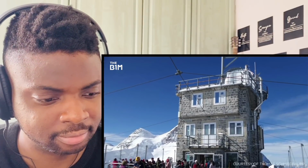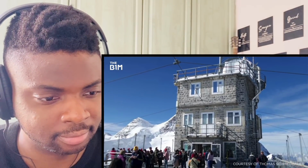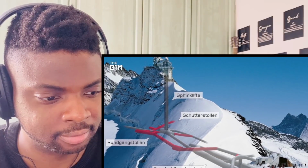The observatory offers tourists an opportunity to take in the view from the top of Europe and can be accessed from an elevator shaft bored through the mountain that